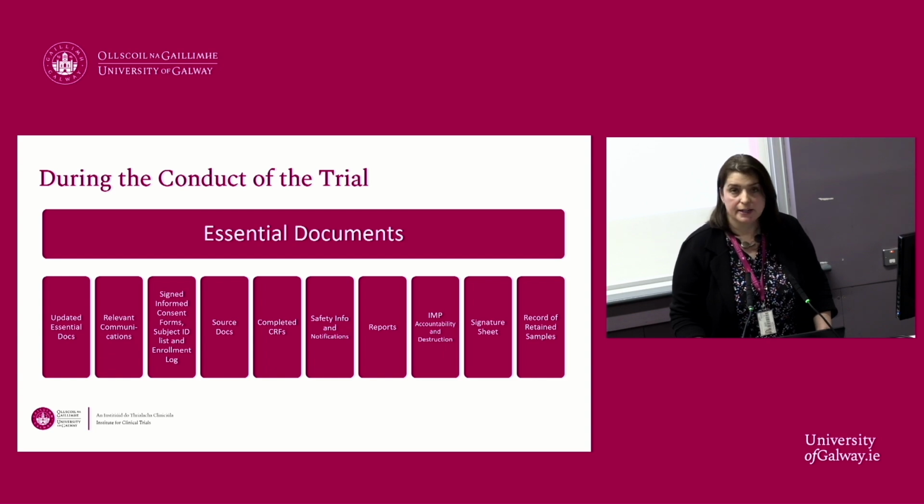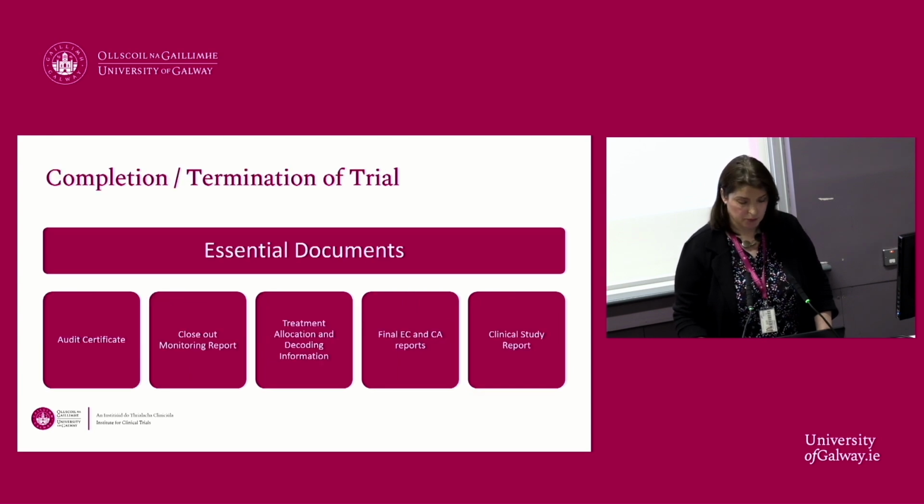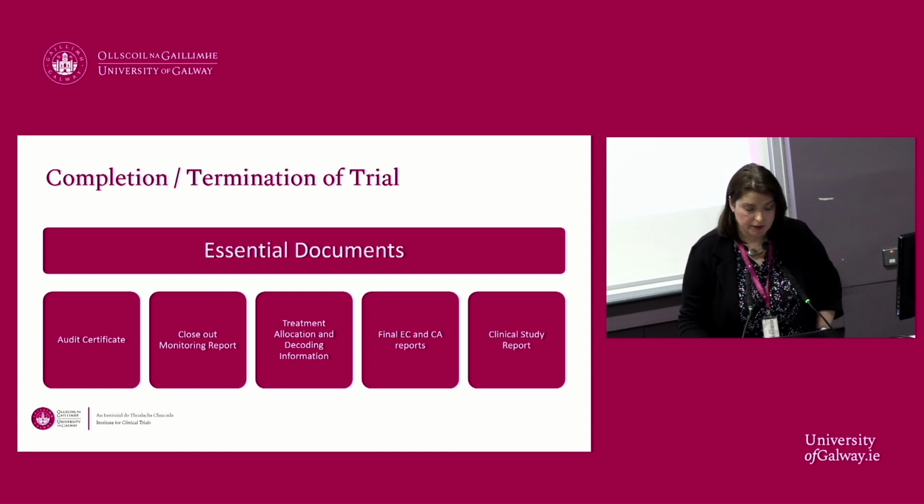Safety information and any notifications around new safety alerts that have been identified during the course of the study, reports, IMP accountability and destruction, any signatures that would be involved, and any biological sampling that would have been. So then at the point of termination of the study, as I said, this isn't exhaustive, but it just gives you an idea of what you need to have and what you need to have retained and have accessible when they are required. So that includes the audit and inspection